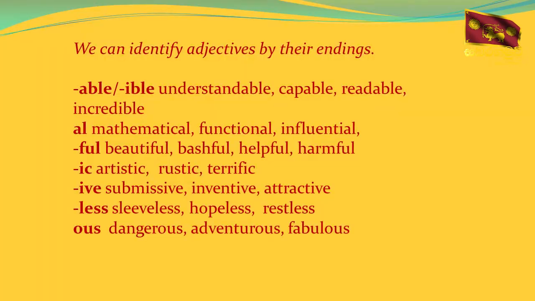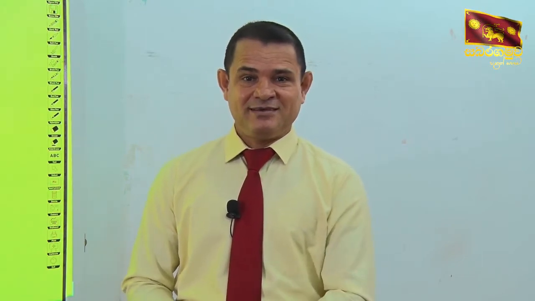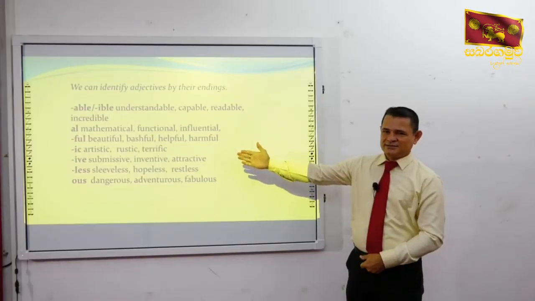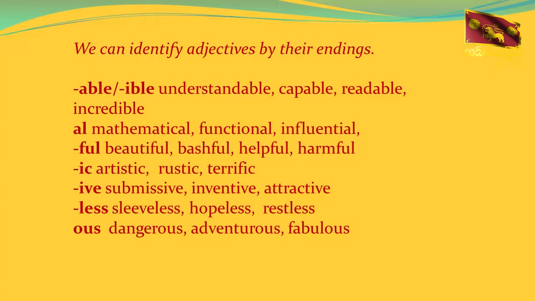We can identify adjectives by their endings also in this way, right? By this suffix ABLE. Read is a verb. Readable means can be read. So this sort of suffix will help you to form adjectives like understandable, capable, readable, incredible, and also AL: